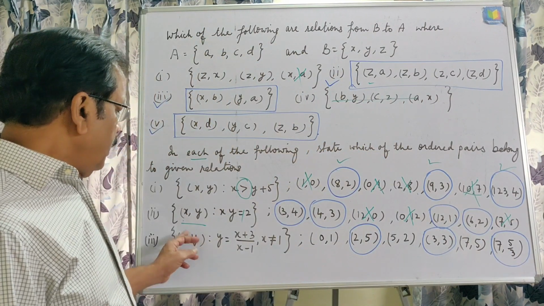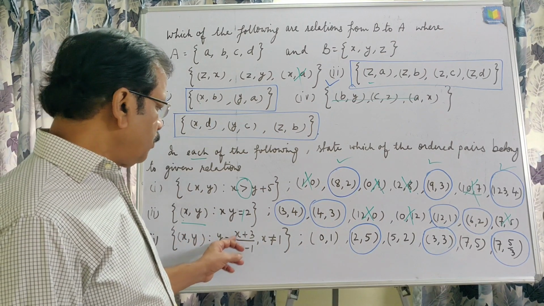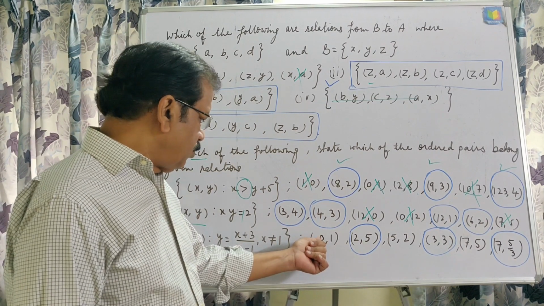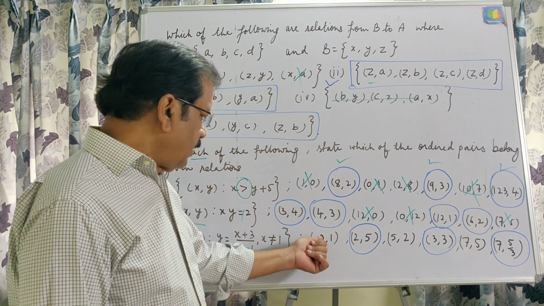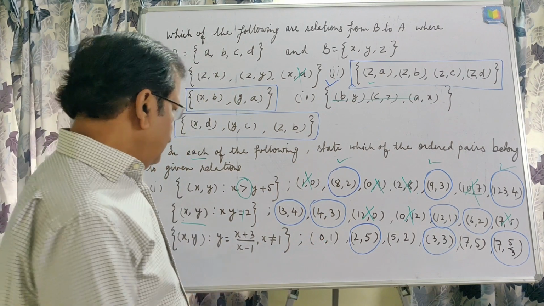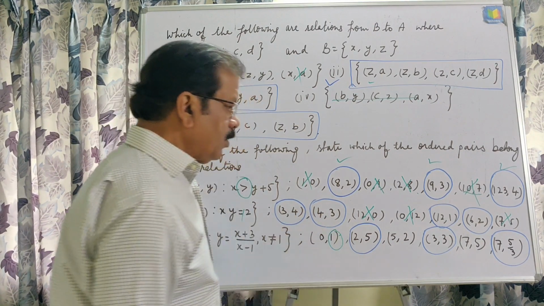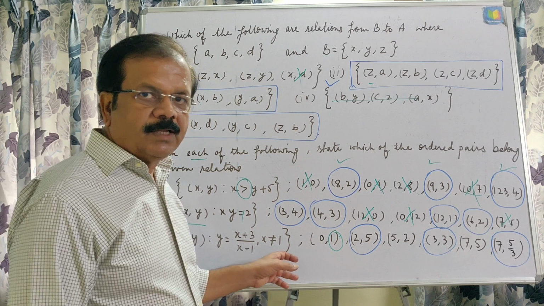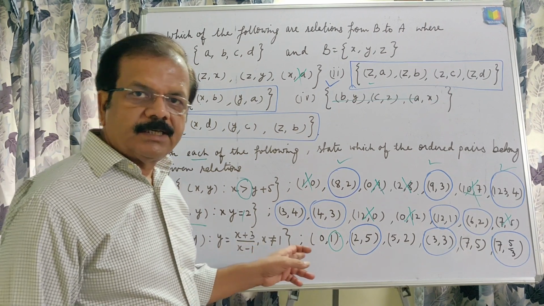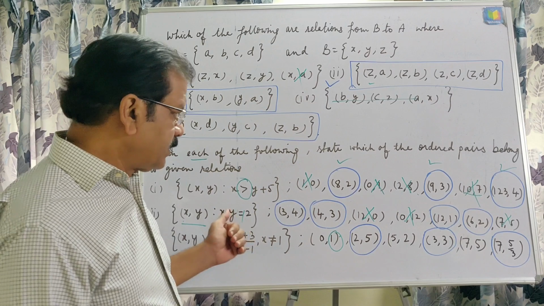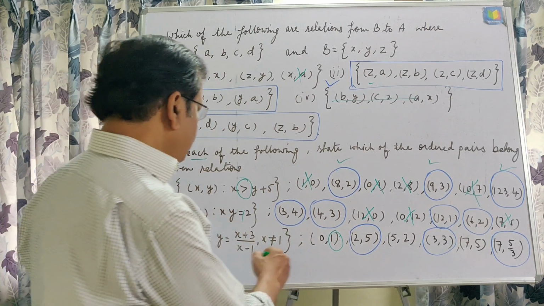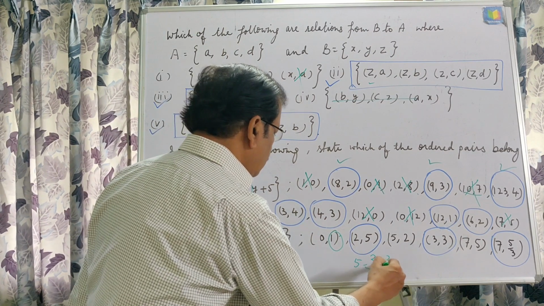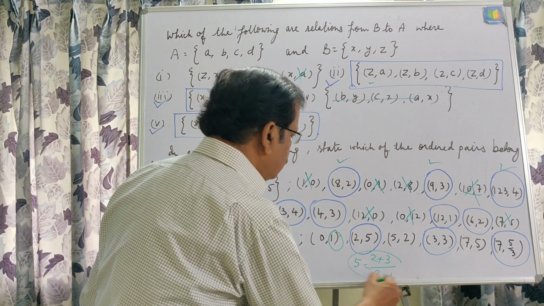Now in the third one, (x, y) such that y is equal to (x plus 3) upon (x minus 1). This is (x, y) meaning 0 plus 3 upon 0 minus 1, and this does not belong there. x should not be equal to 1. Once we take x equal to 1, this cannot be determined because in the denominator this is x minus 1. In the same way, we can find here y means 5 is equal to 2 plus 3 upon 2 minus 1, and so this holds